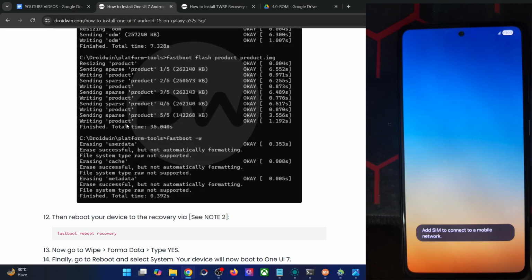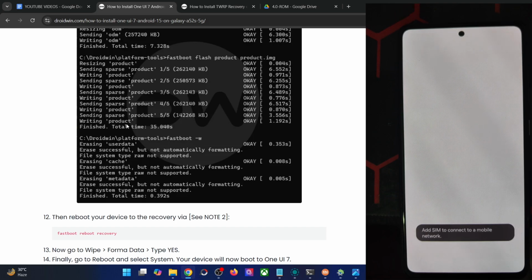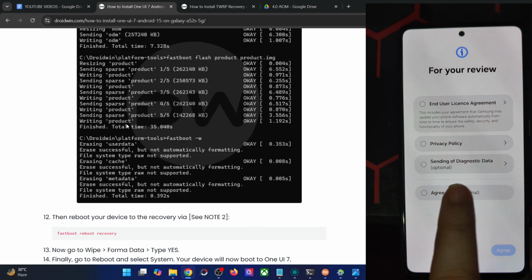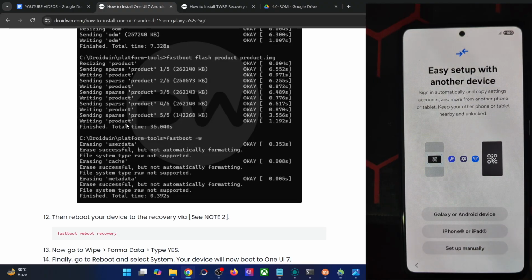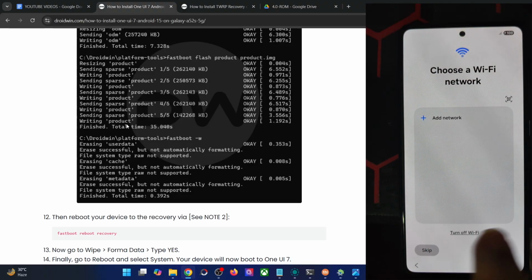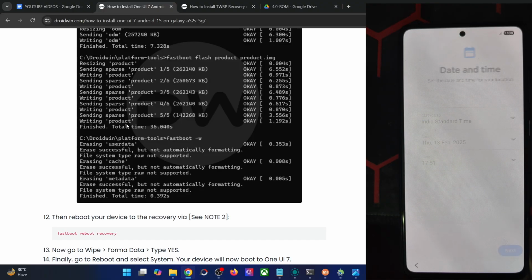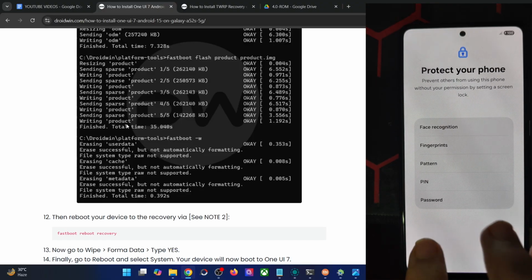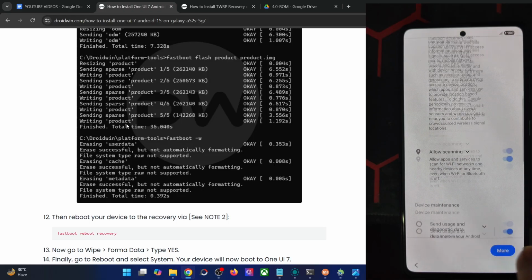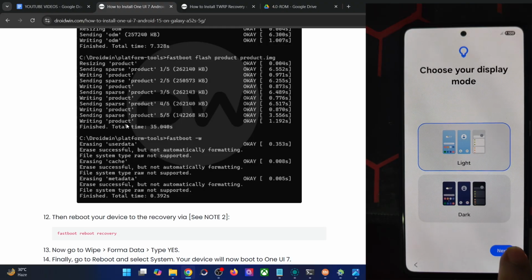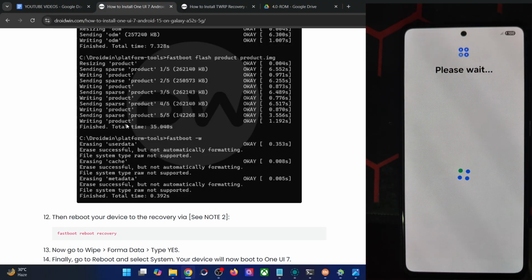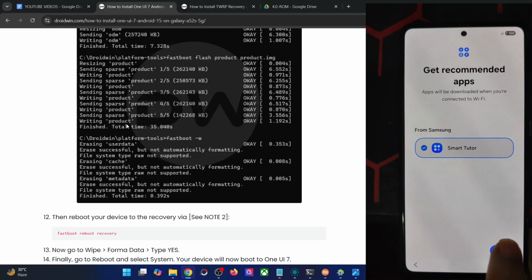Tap on start, and you may connect your SIM card and connect the Wi-Fi, but I'm skipping all of that stuff. Agree to all. Then after that, let's move ahead with the next step. Set up manually. If you want, you may restore all the data connecting your phone to the Wi-Fi, but I'm skipping all of that stuff just to speed up the process. So let me skip this as well. Accept the terms and conditions, and you might see some changes in the UI as well. This is thanks to One UI 7. Next, this as well. Please wait for a few seconds, and we will set this up as well.